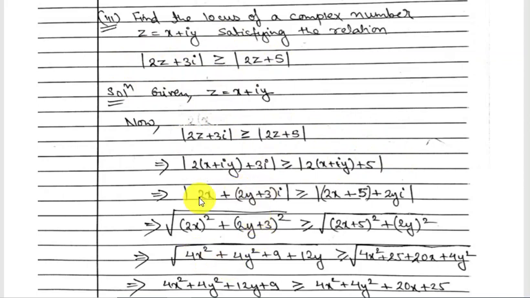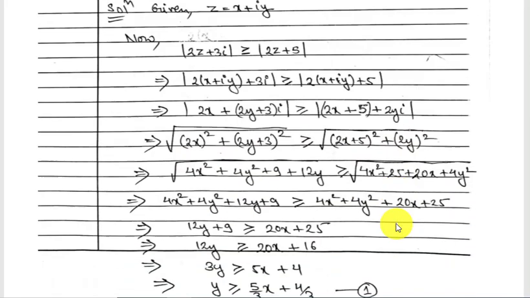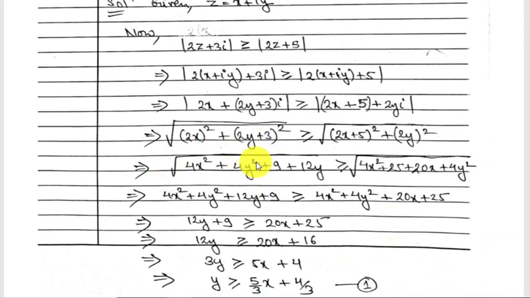Now we'll simplify, we will collect all the real part on one side, so that means we are trying to write in a plus ib form. That is done. Now modulus will be found. So you know how to find the modulus. Modulus is found on both sides. Now you can see on both sides we have got a square root. So first expand all those,